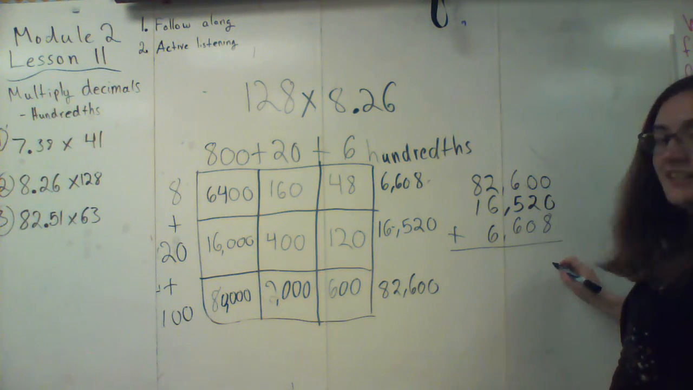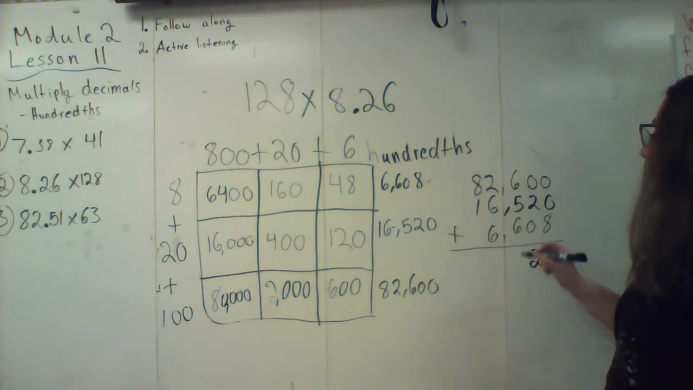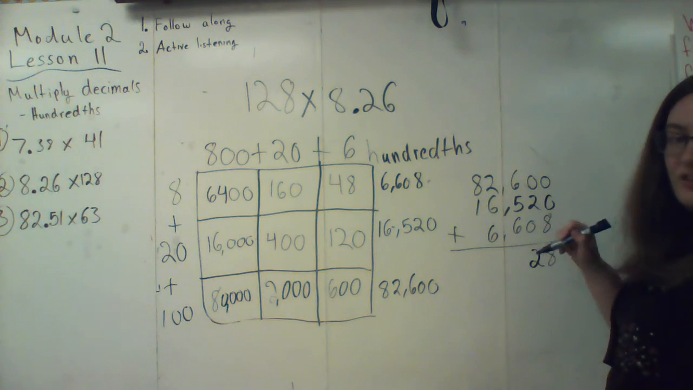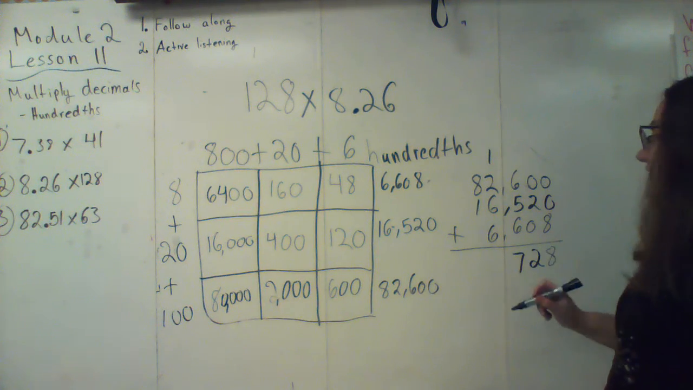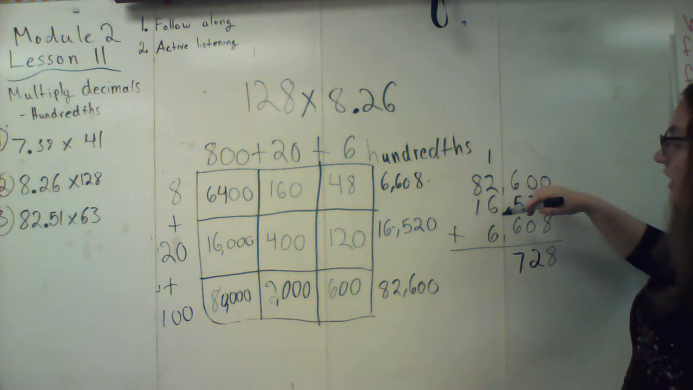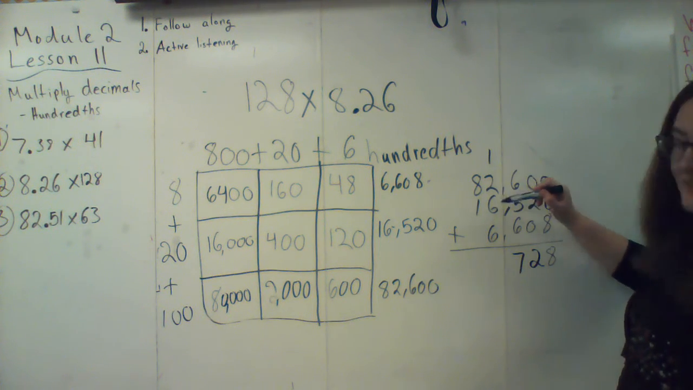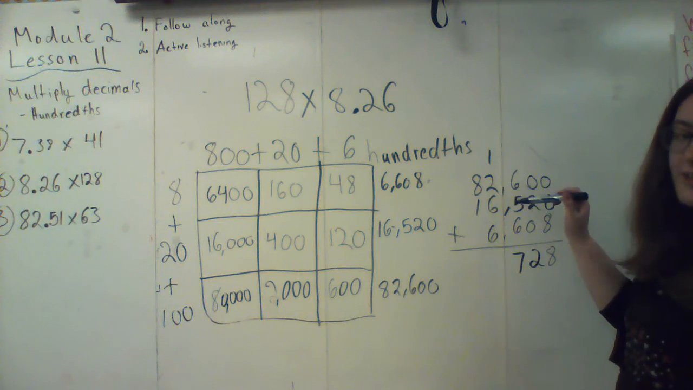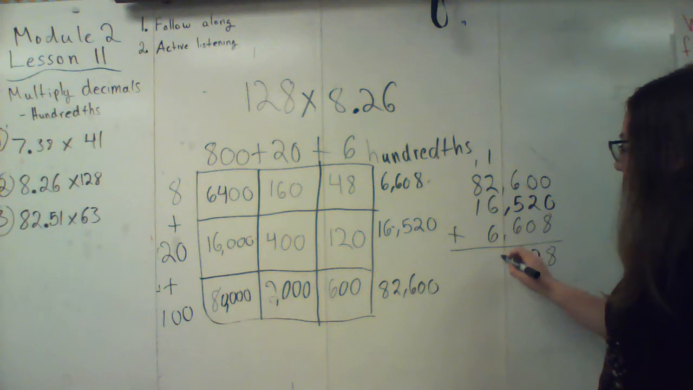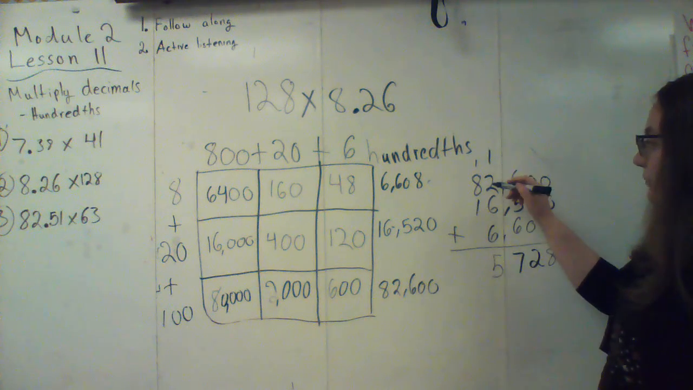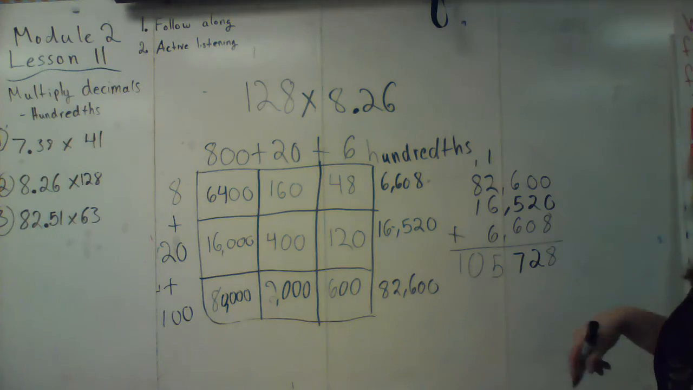So 0 plus 0 plus 8 is 8. 0 plus 2 plus 0 is 2. 6, I'm going to do 6 plus 6, which is 12. 12 plus 5 is 17. I carry the 1, leave the 7. Then let's do 6 plus 6 is 12. 12 plus 2 is 14. 14 plus 1 is 15. So I carry the 1, leave the 5, and then 1 plus 8 plus 1 is 10. So my answer looks like it's